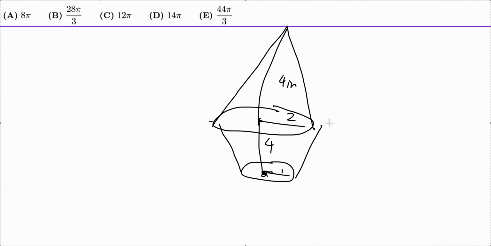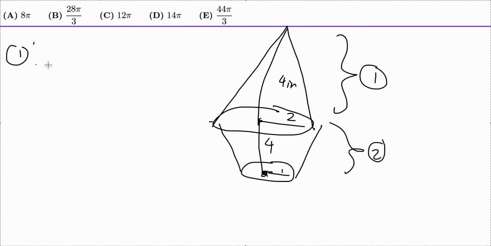So I'm going to split it up into, let's call this guy 2. Let's call this guy 1. We want to find the volume of 1 plus 2. So let's look at 1. 1 is just a cone, so we can just use the volume. So it's 1/3 times the area of the base, which is pi times r squared. So it's pi times 2 squared times the height, which is 4, times 4 is 16 over 3